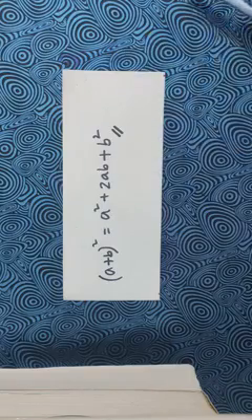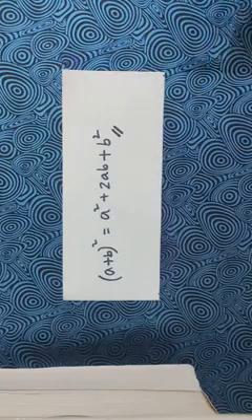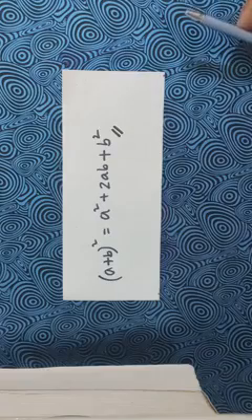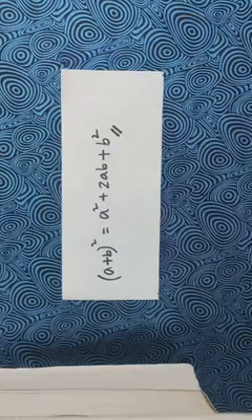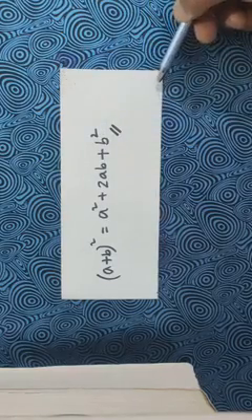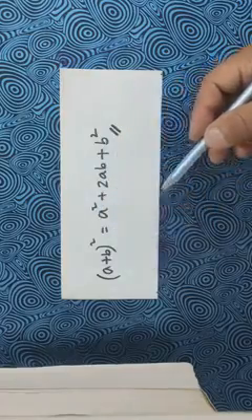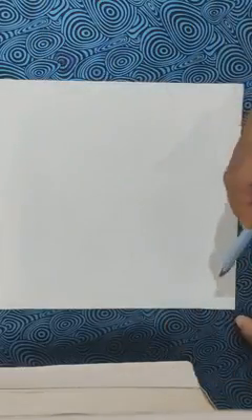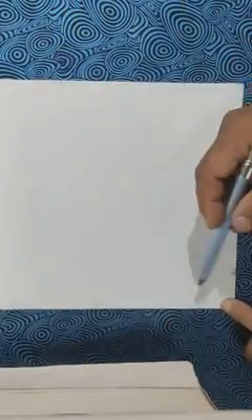Okay, what is a square? All of you know a square is a two-dimensional figure having all four sides equal, isn't it? As well as all four vertices, that means corners, having 90 degrees. Here I have taken a piece of paper that is square shaped. It is already cut into square shape. Now we are going to mark certain points on this paper.